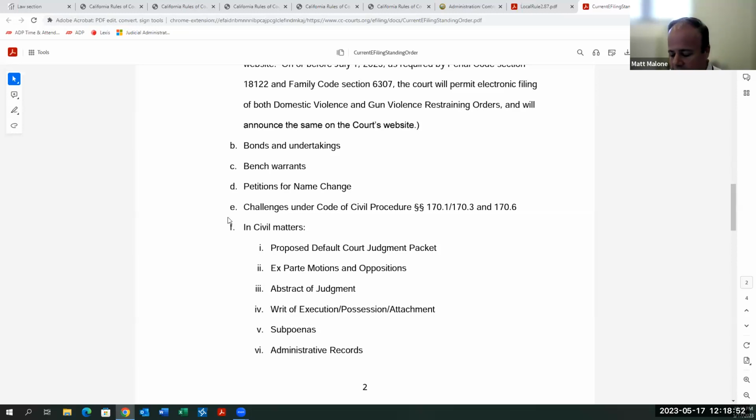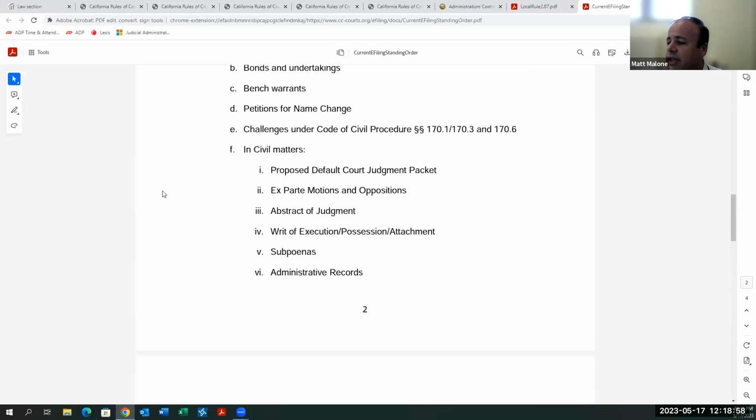What I will say about this is we have generally accepted ex parte motions and oppositions from e-filing, but I do anticipate that we will require e-filing of particular ex parte motions that don't require hearings, that are better subject to e-filing. I expect that to include ex parte motions to serve by publication, a couple other things like that, serve the Secretary of State.